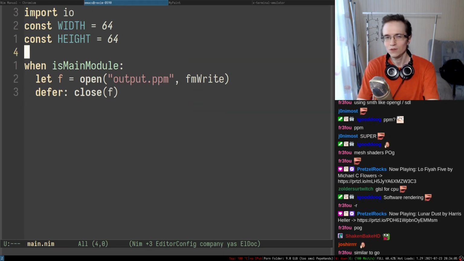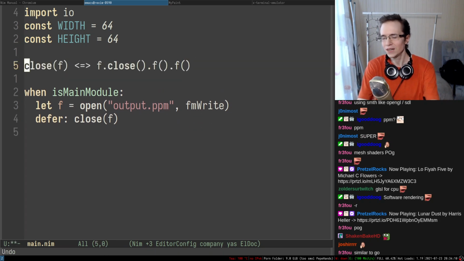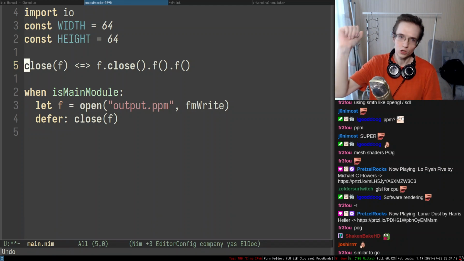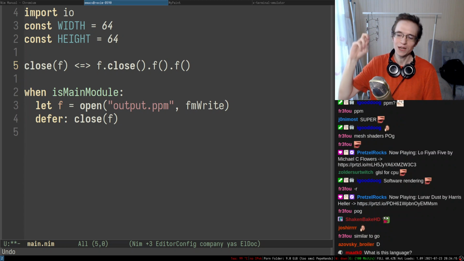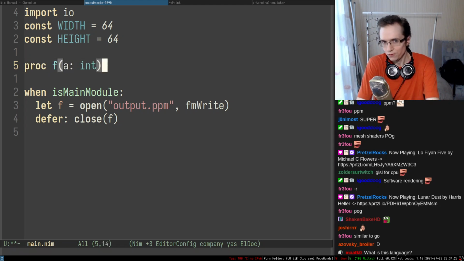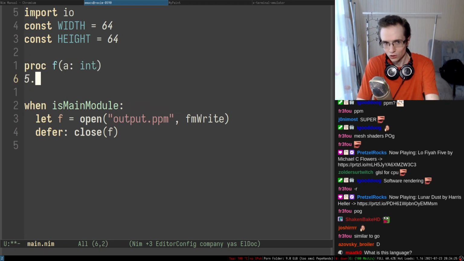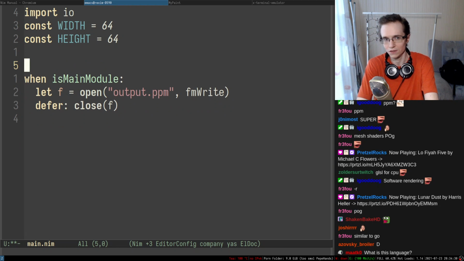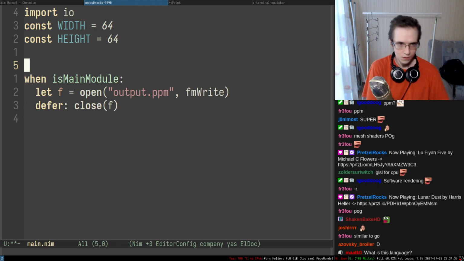Similar to Go, but in Go, you have to specifically define the functions to be methods, if you know what I'm talking about. You have to specifically say that they're methods. In Nim, you can just take a function, and if it accepts the first argument, you can just use it like that. You don't have to specifically define it, right? It's just like, yeah, it just works like this. It's just two alternative syntaxes. Right.